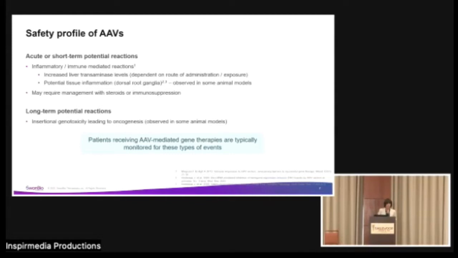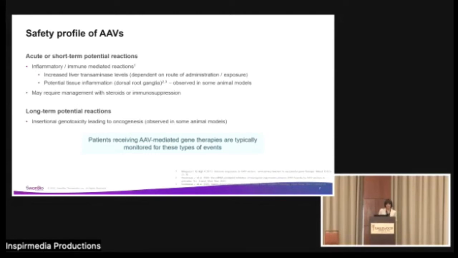And there are two potential areas of reactions. The first is in the immediate period after you give the gene therapy. The first 1 to 30 or so days, there's the potential for the immune system in the body to have a reaction to the vector because it's made with some pieces of a virus. So your body might mistake it for a foreign invader and mount a reaction the same way it would if